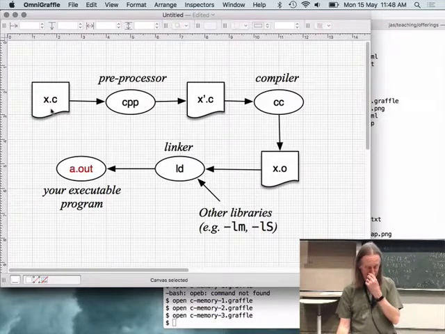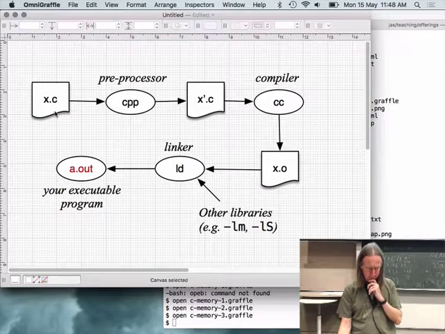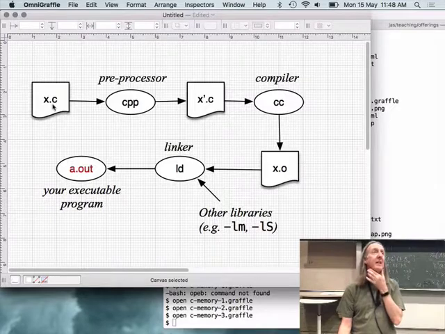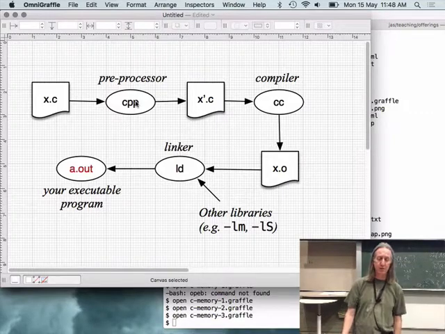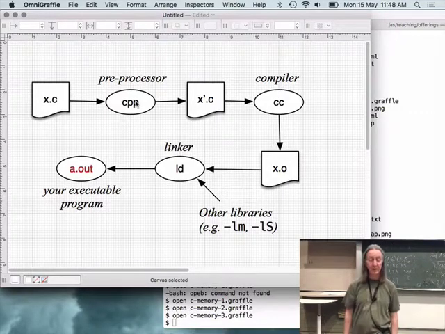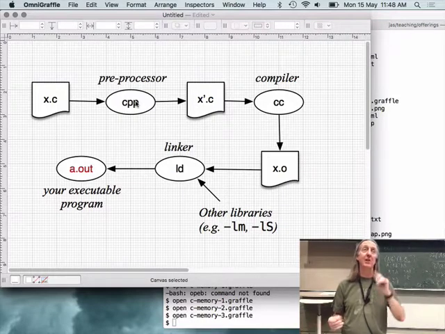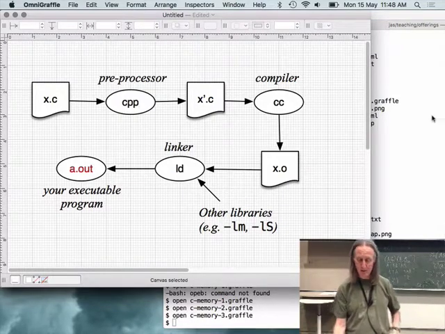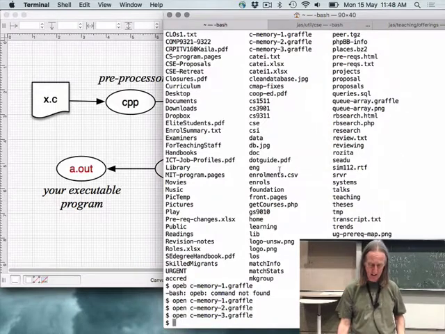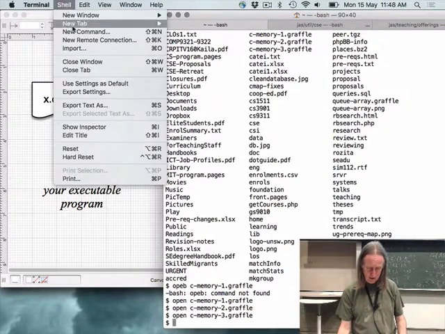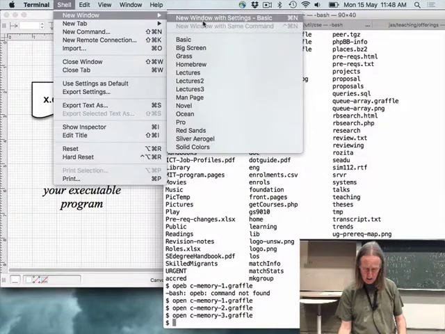In any case, the C compiler takes a .c file, and the first thing it does, it doesn't compile it, it runs it through the preprocessor, which basically just changes the text of the program in a number of interesting ways. I had some examples set up, but I reckon I can set them up again on here.